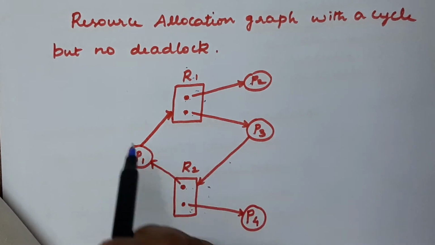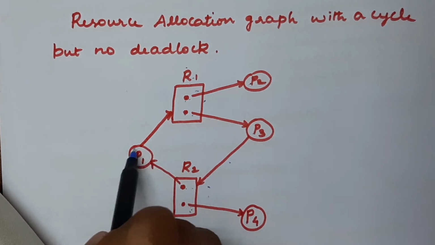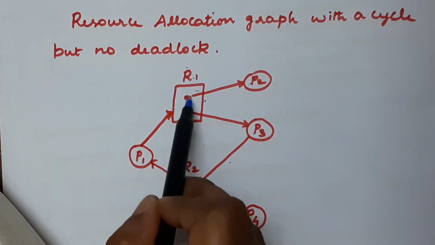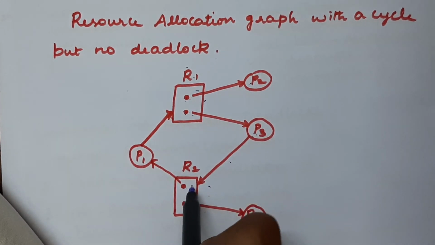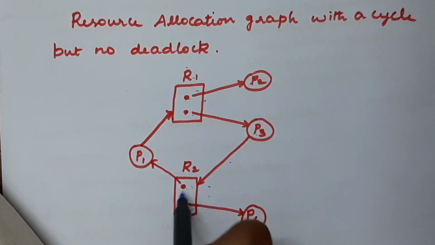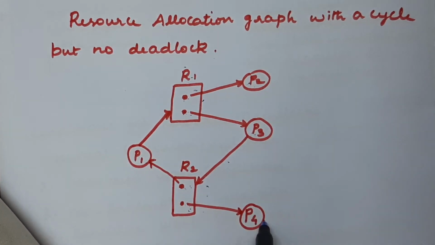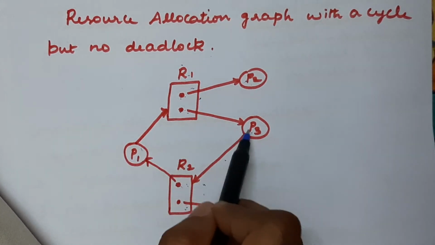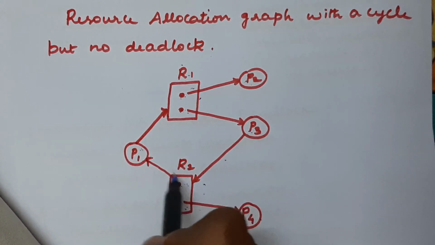Okay. So if you look at this resource allocation graph, we have a cycle. How does it form a cycle? P1 is requesting resource type R1, but both the instances are already allocated to P2 and P3. But P3 is requesting the resource type R2, and here also, one of the R2 has been allocated to P1 and one has been allocated to P4. It forms the cycle, right? So we are getting one cycle here. P1 is waiting for P3 and P3 is waiting for P1.